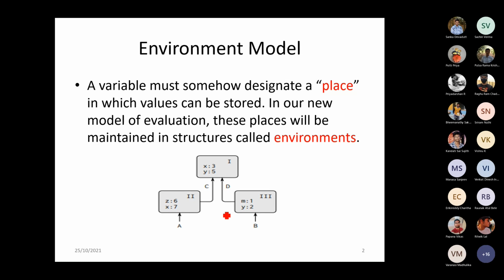Now, after these frames have been created, what do we have to do? We have to have the interfaces, that is, how the frames will be connected. When we are connecting them, we make use of some kind of names. From the main function, which is frame 2, how do I access it? I'm accessing it with the name capital A. So capital A is used for referring to frame 2, which is the main function I have named. And from the main function, if I am accessing the global variables x and y, I refer to them using a pointer called c.